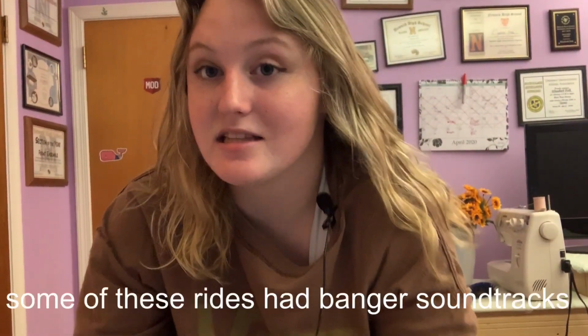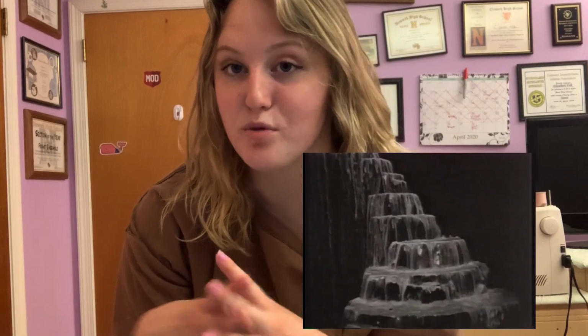So for number 10, this is in order, by the way, from my least favorite to my most favorite. I have the bear from the Mine Train Through Nature's Wonderland. Now, here's what's so cool about this bear. In 1956, Disney came out with a ride called Rainbow Caverns Mine Train that was opened in Frontierland in Disney World, and it was part of the Living Desert. And so eventually they renovated it to be this Mine Train Through Nature's Wonderland, and they had over 200 animatronics in there. And some are cute, you know, like you have your little bunny animatronic or whatever, but